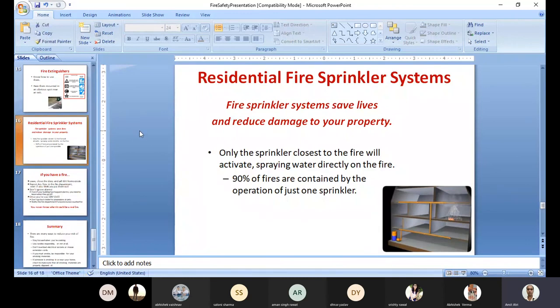And why should it be automated? Because manual supervision and operation is slower. Although there should be a provision for manual operation as well, these systems are usually automated, so that the whole firefighting system automatically starts working.